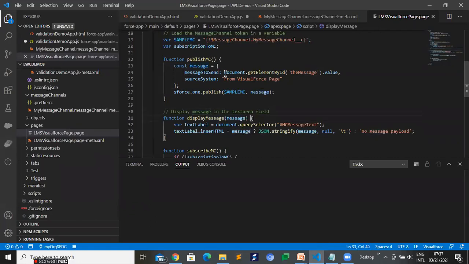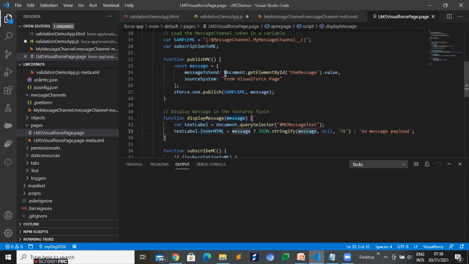And display message, basically this is used to display a message, whatever message you are getting either from the VF page or maybe LWC. So we are just taking the reference of this label, right? And after getting the reference, we are using innerText. innerText is basically used to display any message.